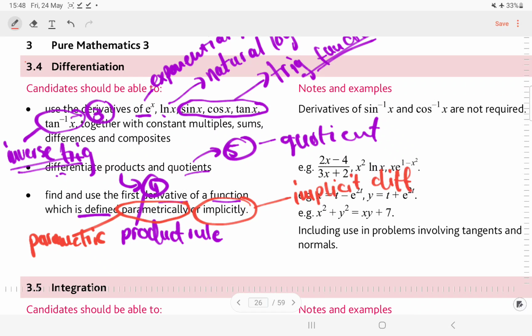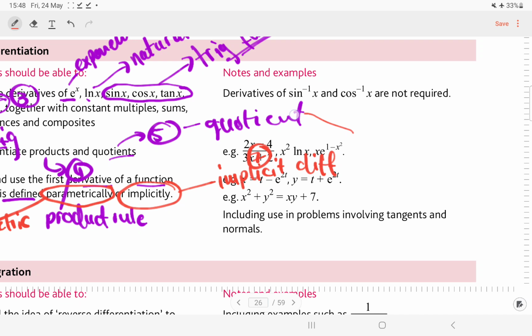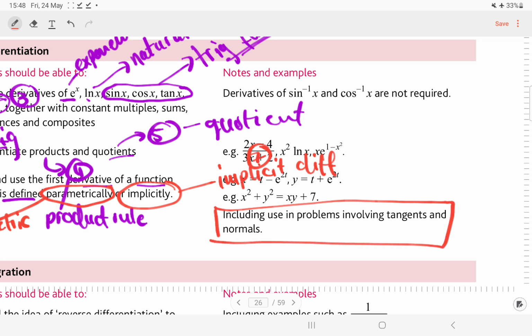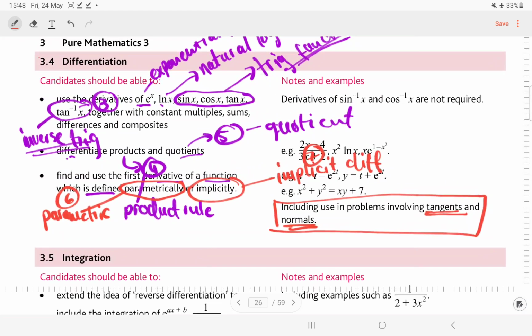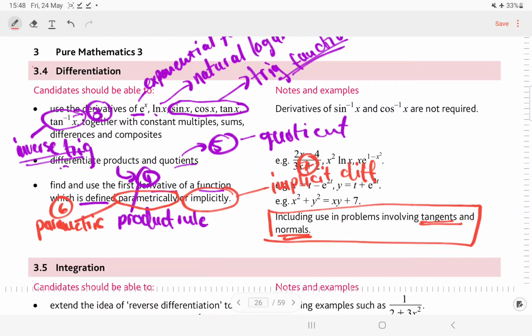Okay, so how many do we have to know? This is number 6, and this is number 7. So 7 things. We have to know 7 things, and then we are going to do this. Look at these questions that they've given us as examples, and also how to apply them. Because if you see, they said use in problems to find tangents and normals. So we're going to have to apply them to find tangents and normals. This is what we're going to do. Those 7 things, and if you know those 7, you come back, look at the syllabus, then we should be good. Okay. One more thing which I'm going to do